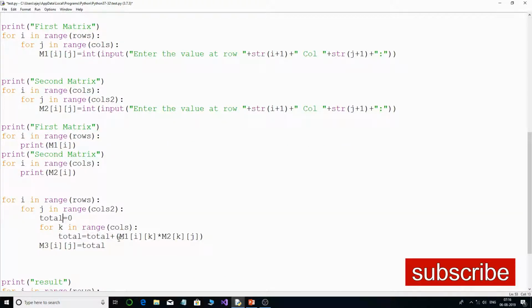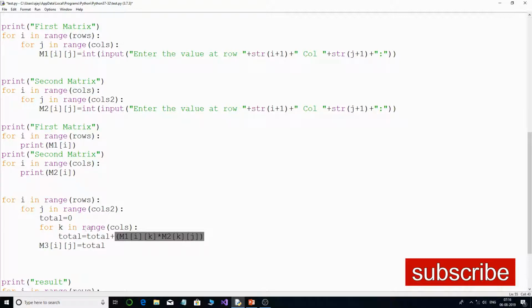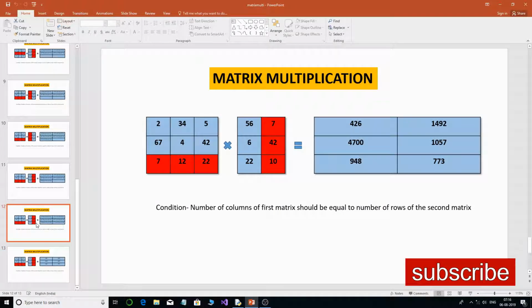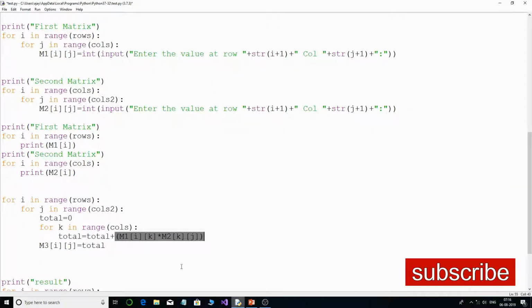So this is so important that I'm using total is equal to 0, and I'll just multiply this element and store it in total. So this is like every product will get added, isn't it? This is what we want. If we go over here, every product, then we want to add to the next product, isn't it? The same thing I'm doing over here. Initially it will be 0, so 0 plus the product, and then it will get stored in total, and again that total will get added to the next product, and then we are storing that product in m